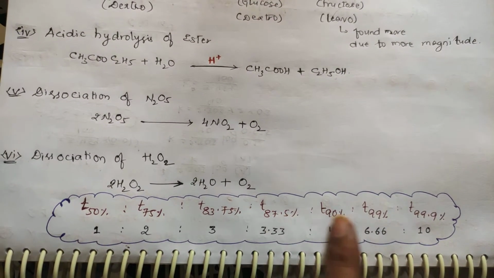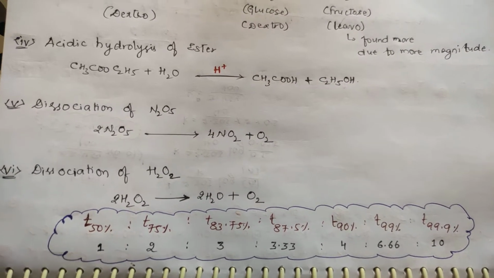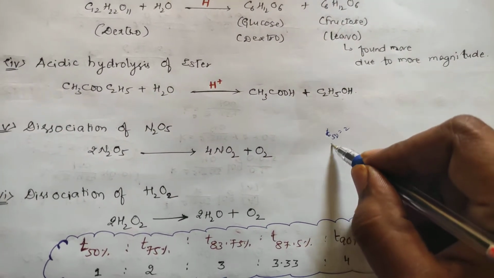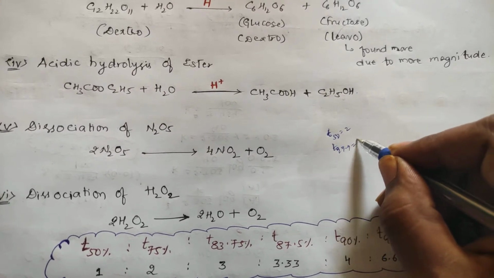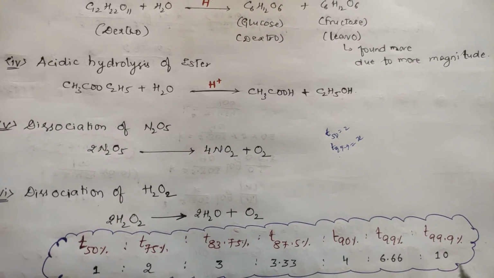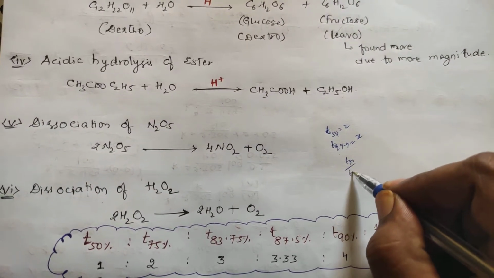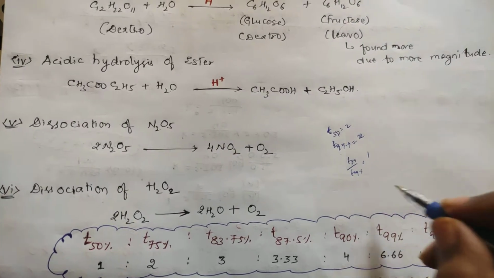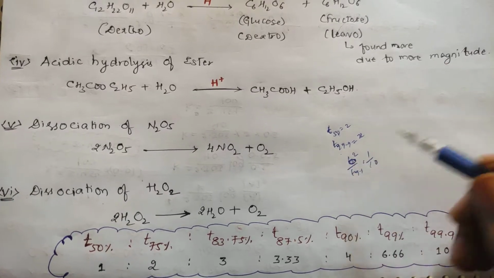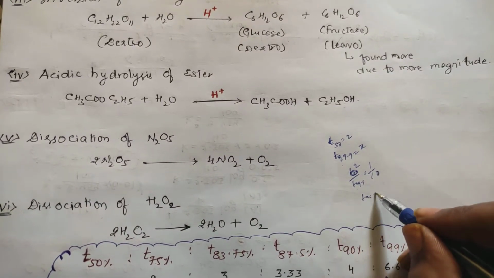If there are some noted numbers, generally in this condition if they get, you can remember directly. T50 is to T99.9. Suppose my question is the time taken for T50 is 2 minutes. Find the time taken for 99.9% completion. If he asks like this, you know that T50 by T99.9 is 1/10. This is 1, this is 10. And T50 has been mentioned as 2, so here you can take 2. So T99.9 becomes 20 minutes. Okay, T99.9 will be equal to 20 minutes.